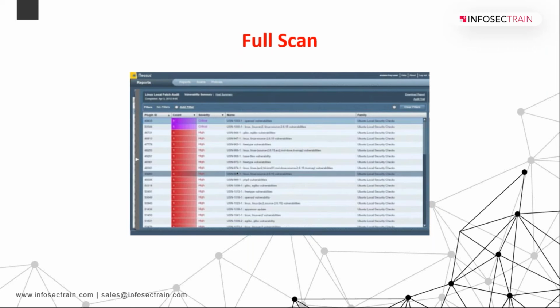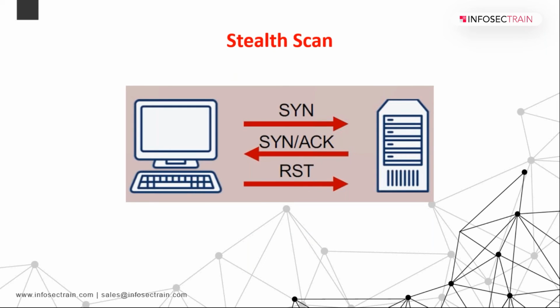Then we have your stealth scan as well, right? What is a stealth scan? It conducts the scan by sending a SYN packet and then analyzing the response. If SYN-ACK is received, guys, that's the normal three-way handshake, which is used to conduct our communication. Before starting a conversation, you always do a three-way handshake. In a three-way handshake, we have SYN, SYN-ACK, and ACK. First you send SYN, then you get SYN and acknowledgement in return, and then you send the acknowledgement back. That's the three-way handshake format.